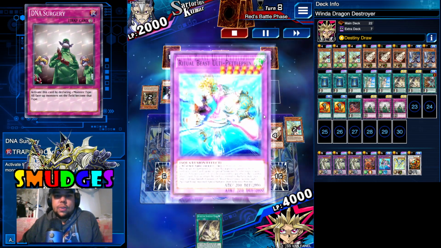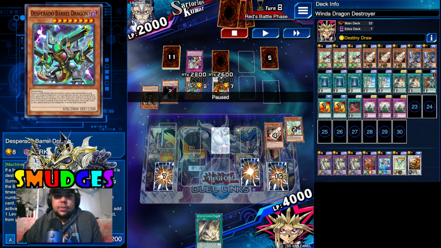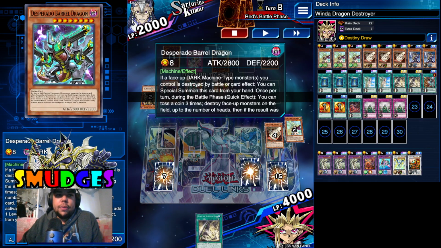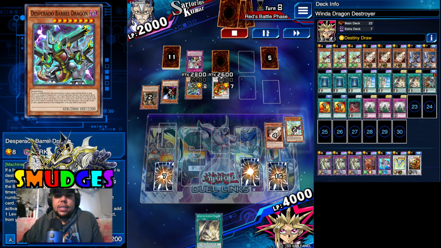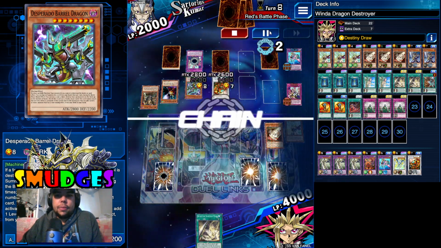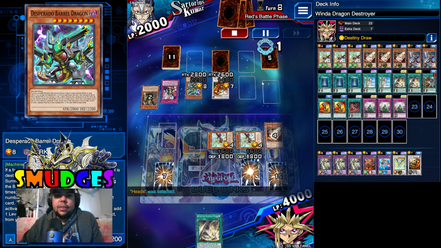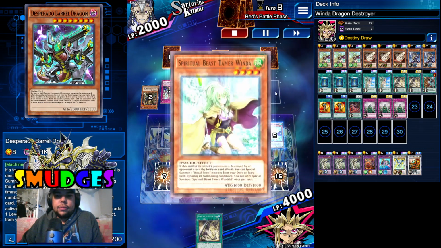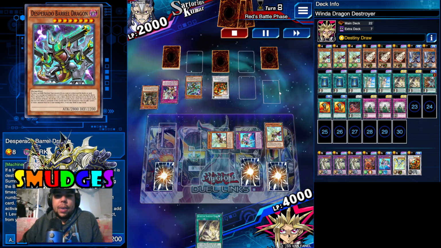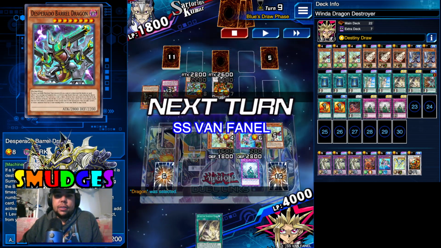He's going to go... let's see what he's doing here. So he tributed for Barrel Dragon here. We're going to use Pengu's effect, I guess, to go into double Winda. We're going to call heads. We hit it. We got the double Winda out. Winda's going to bring out Pengu again. Samurai Destroyer is going to swing into